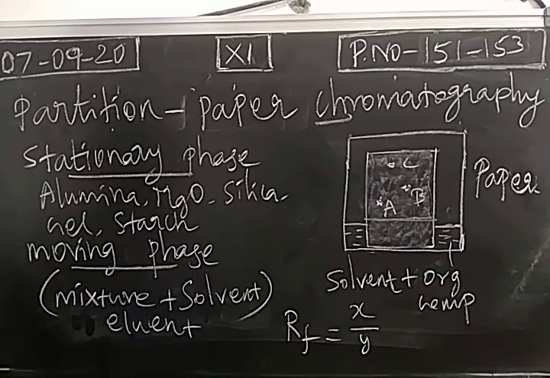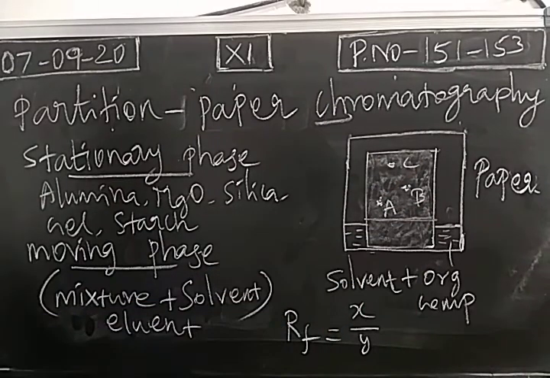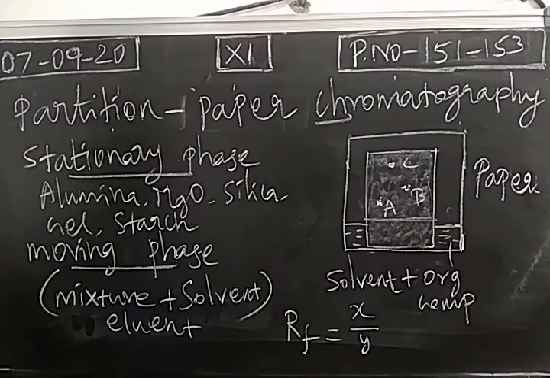The paper dipped in water will be acting as stationary phase, right? So here we will not use the word adsorbent, or adsorption should not be used. So here the stationary phase is paper dipped in water. As usual, mixture in a suitable solvent will rise in the upward direction. We will get the spots. Spots can be identified easily if it is colored. For colorless, we may use UV light or spray reagents. Based on the distance a component traveled from baseline, we can identify that.